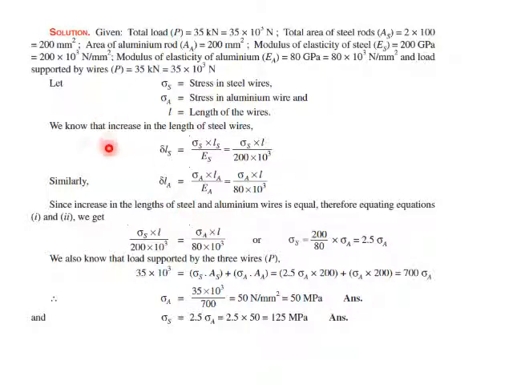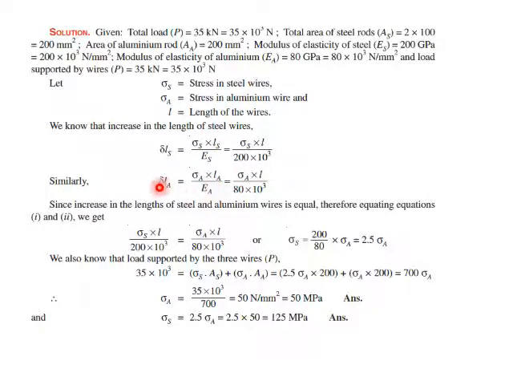Okay. Now let's study. Use the same previous equations. See, you can use the first compatibility equation in terms of PL deformation itself. PL upon AE for steel, which is equal to PL upon AE for aluminium. Okay. So delta LS is PL upon AE. See, instead of writing PL upon AE, P by A is nothing but sigma. So I have taken it as sigma S. Sigma S into LS divided by ES.